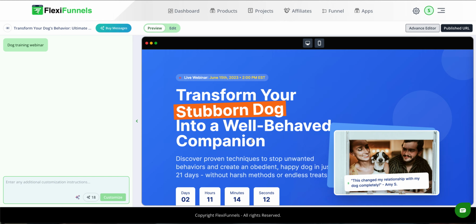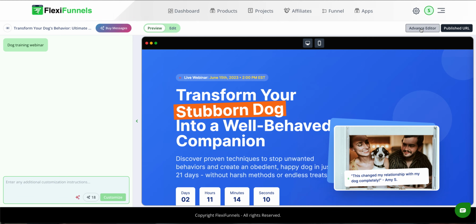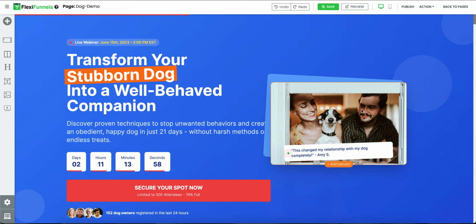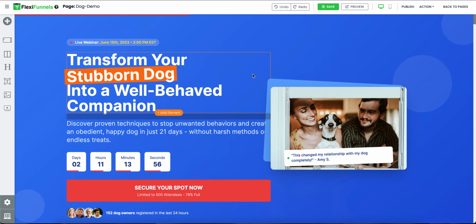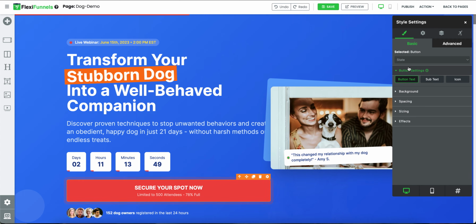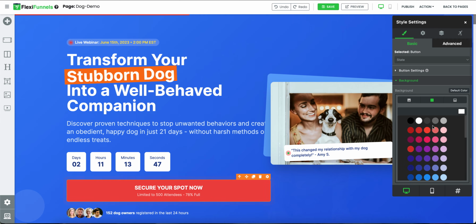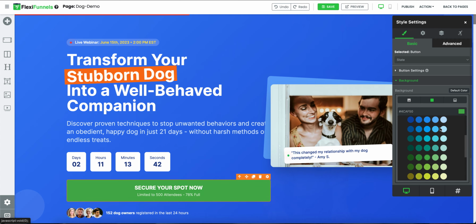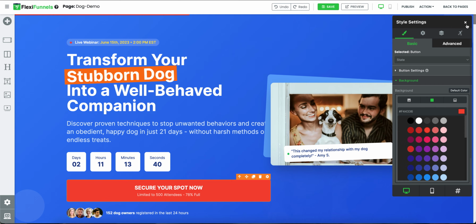And yeah, if you see, the advanced editor is now visible, right? You will be able to click on this, number one. Number two, this thing is going to come up. Okay, and now if you see, the whole page is now available. So this is so beautiful. So any kind of changes that you want to do, for example, this is a button, and let's suppose you want to change the color of the button. You want to make it greenish in color, right? So any changes that you would want to do, you will be able to do very quickly.